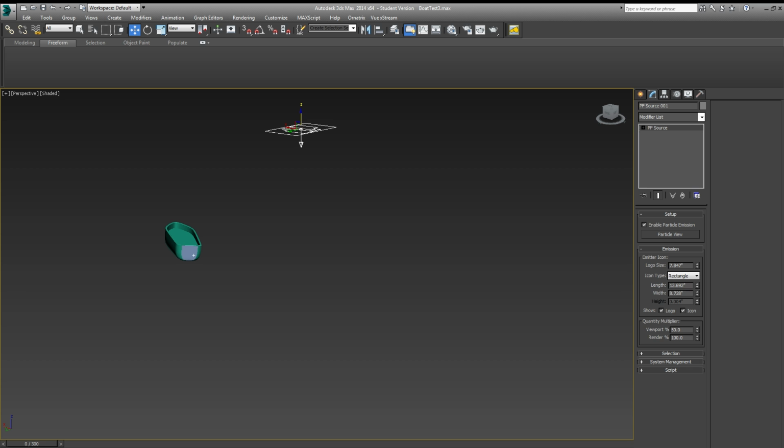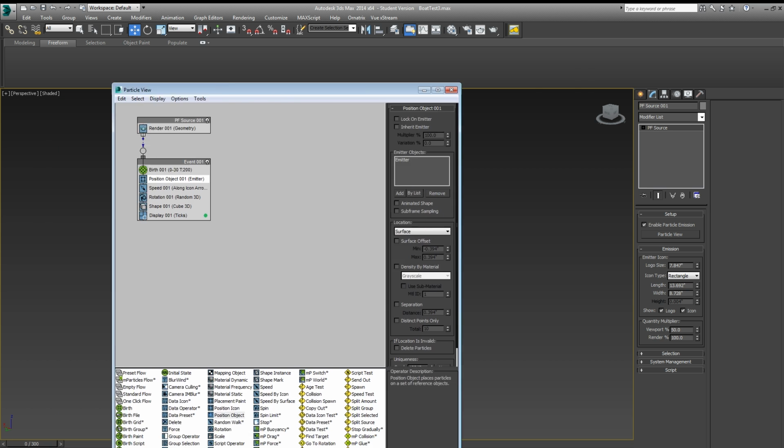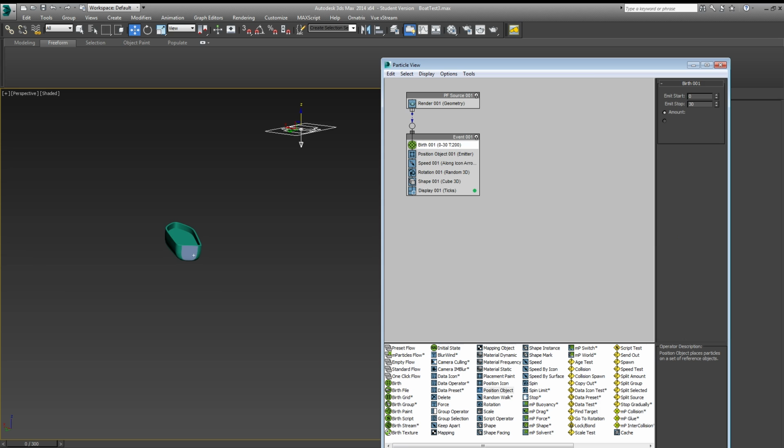We want them to emit for the entire 300 frames, so I will go into my birth, and I'll set my emit stop at 300. Okay, and we'll just leave it at 200 for now. The next thing I want to do is end isolate,